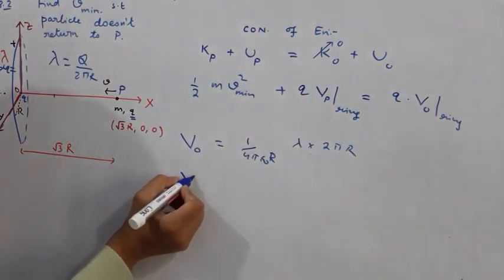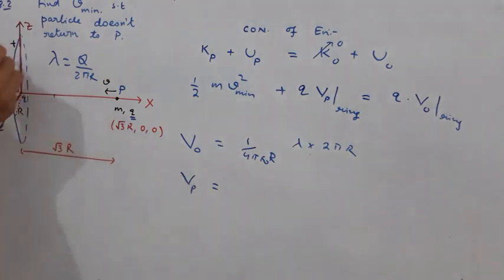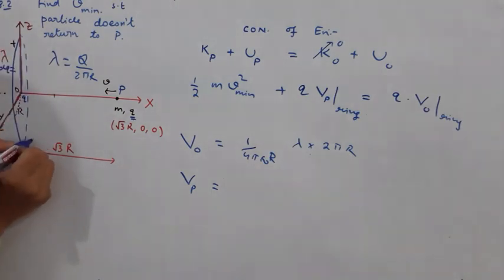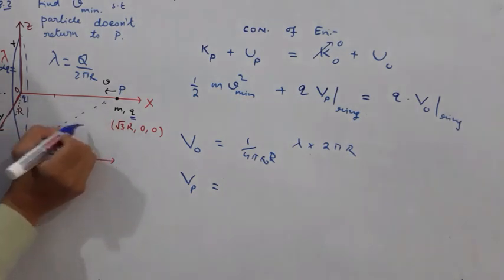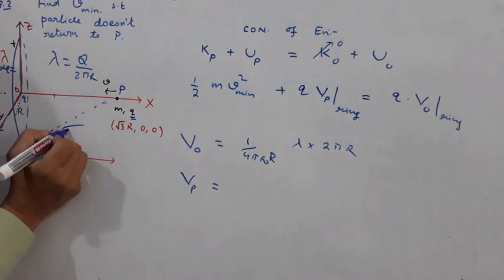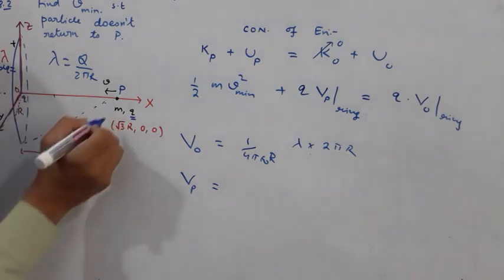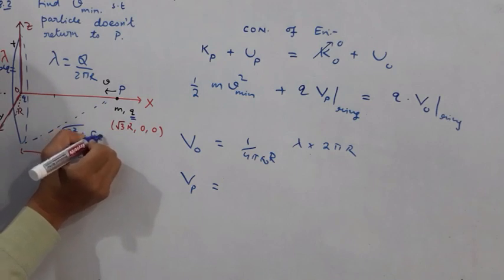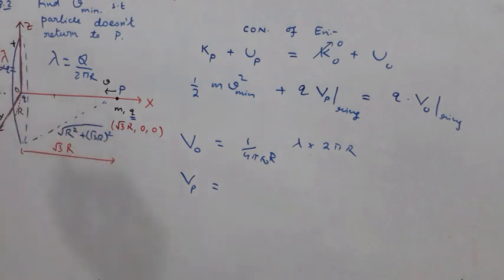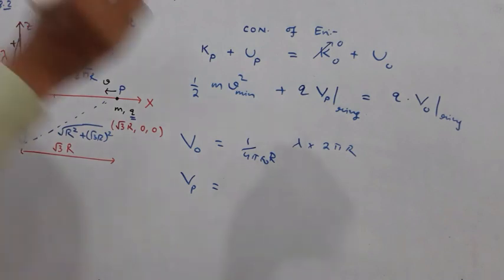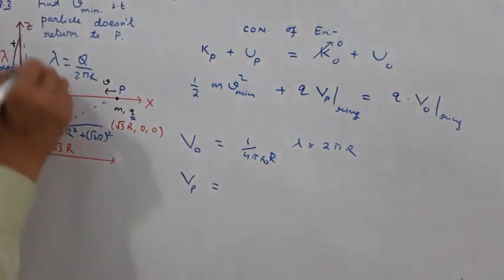Then we can find the potential at point P using the same method. First we will take a differential charge element. Now if you choose any element on this ring, its distance from the point P will be root under this square plus this square. This is the radius, that is r, and this distance is root 3 r. So r squared plus root 3 r whole squared. Again, that is constant because all these elements are at the same distance. It will form a cone-like structure, and therefore the potential at P due to this ring will be how much?